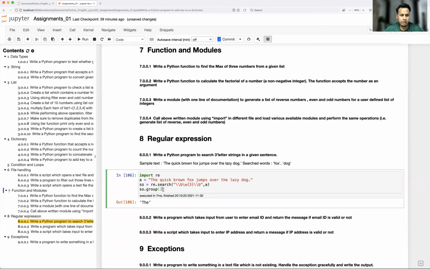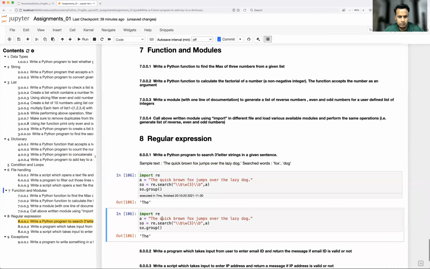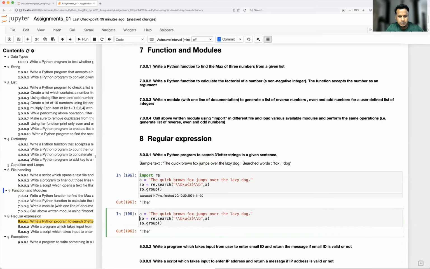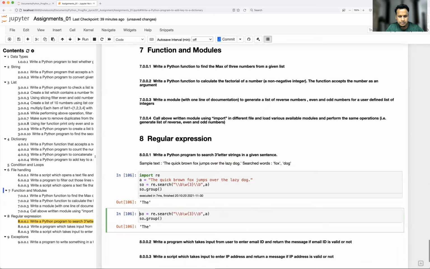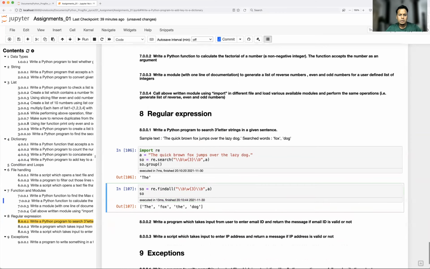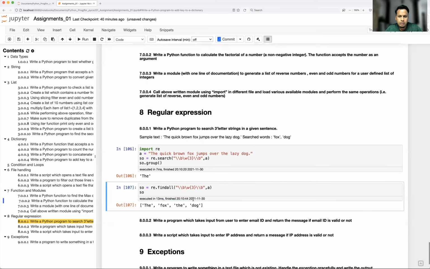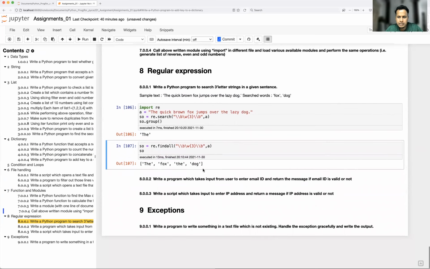I would like to find all. So how to do that? I can do it by removing this first and just using findall. Okay, so it is going to return the list of all 3-letter words. That's how you solve it.